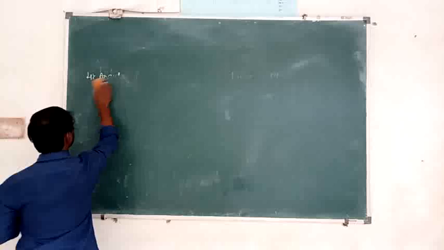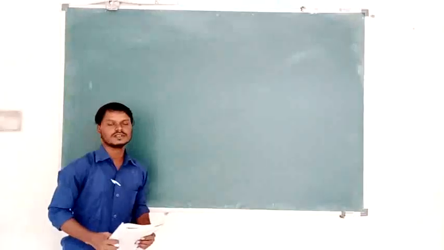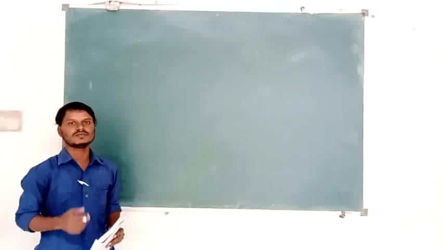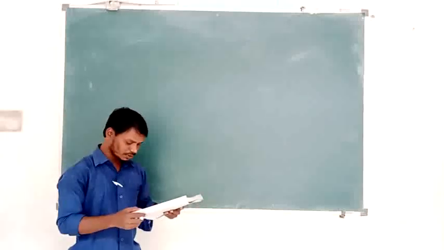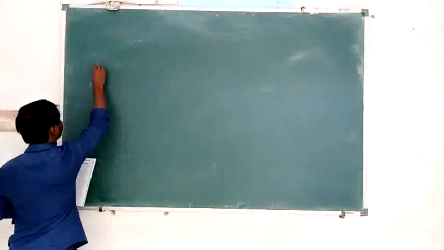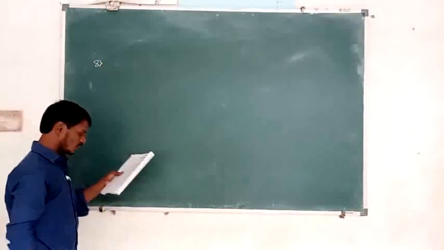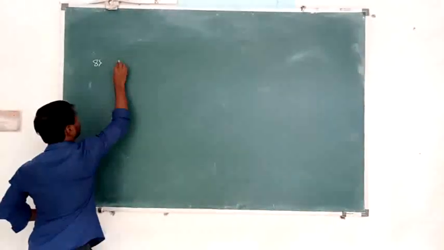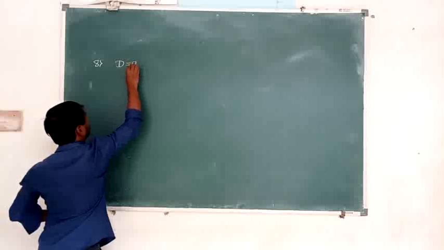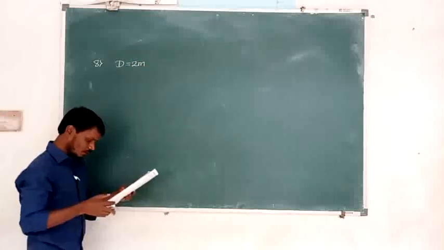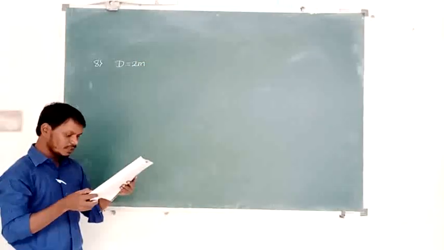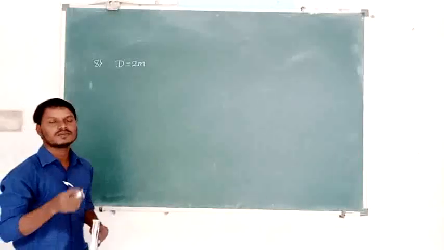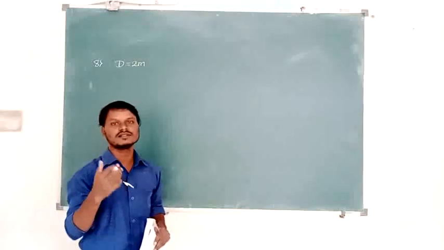So next we are going to solve some questions. Now let us solve some CET questions based on the previous formulas. What is the first question in your material? Question number 8. The question is that a screen is at a distance of 2 meter, meaning the distance of the screen is given, 2 meter, from narrow slits that are illuminated with light of 589 nanometer. 589 nanometer here is the wavelength.